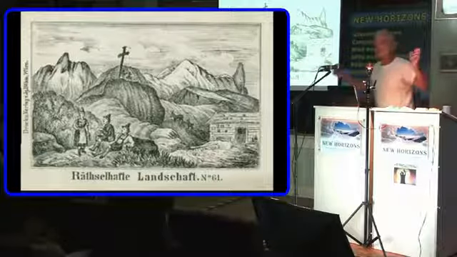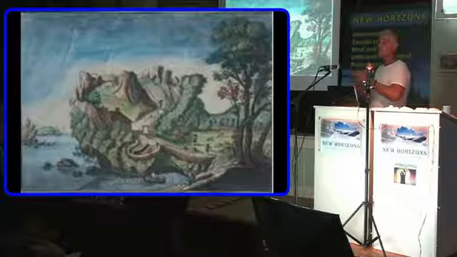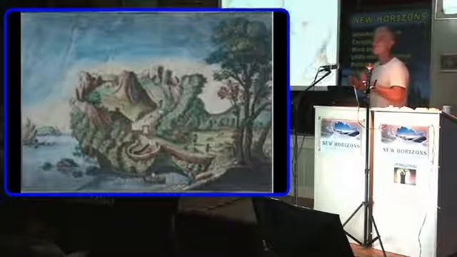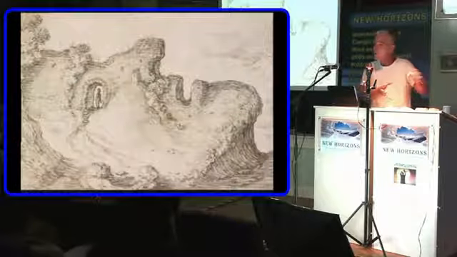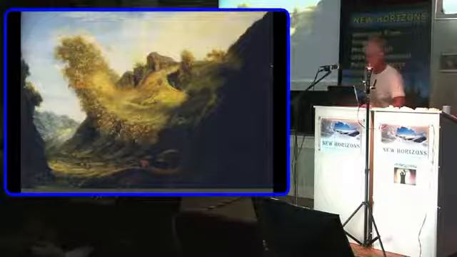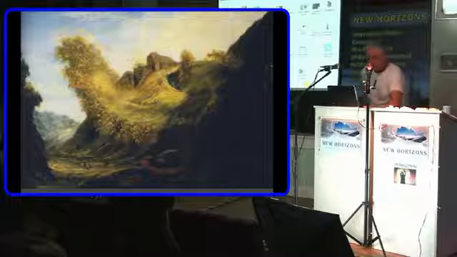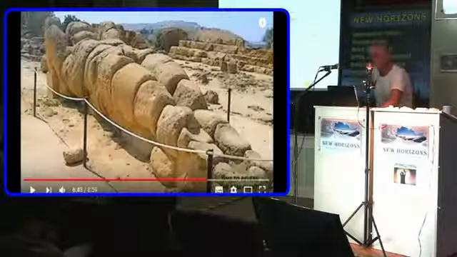And of course, these giants would be a lot more recognisable a few hundred years ago, because the official explanation for these giants, when we come on to them, is that it was caused by erosion. Well, erosion wears them away. It doesn't create creatures and giants. So let's have a look. Okay, slideshow. Giants. Talk about each one.